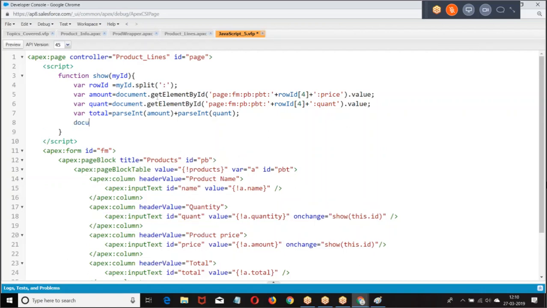Then I'm giving document.getElementById, page form, page block table plus.